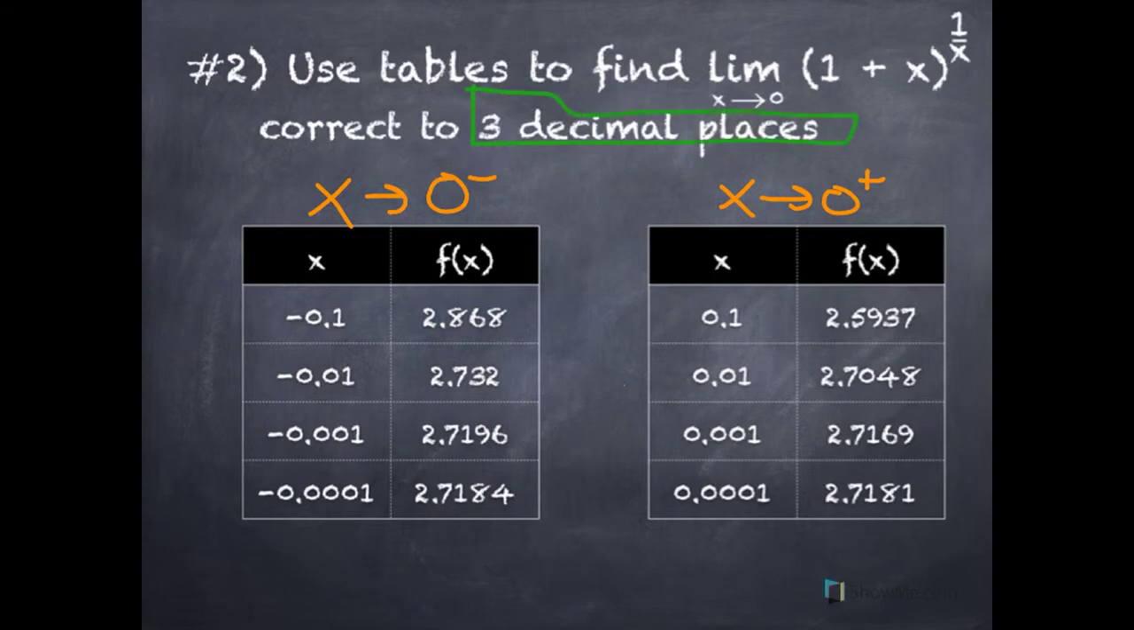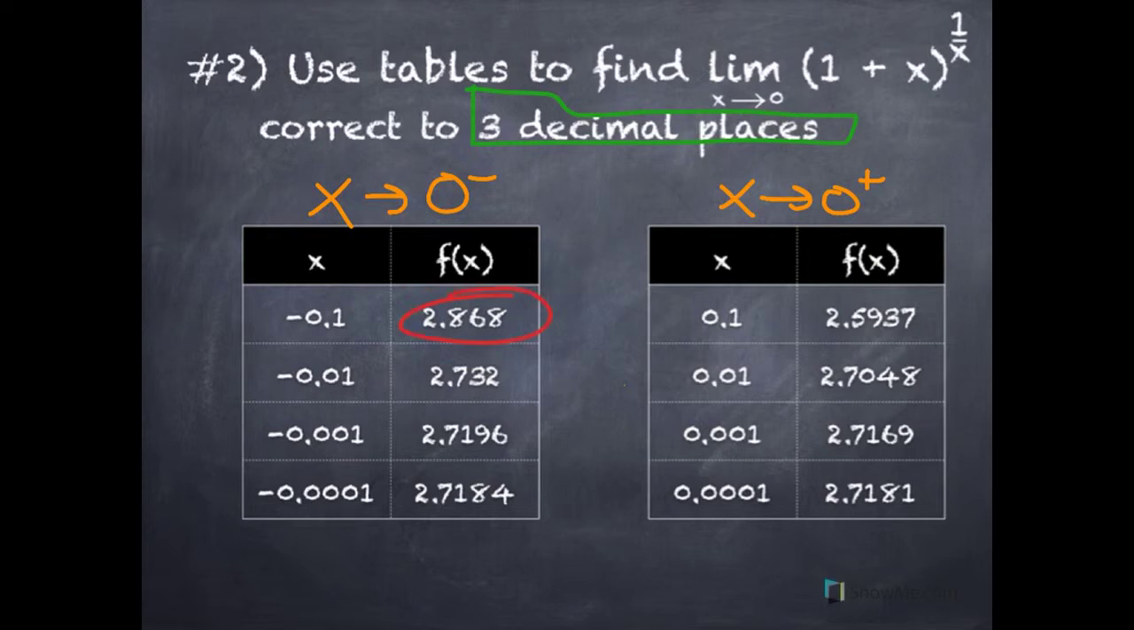So as we go down this list, it's hard to tell what these numbers are getting closer to. We got 2.868, 2.732, 2.7196, 2.7184. Look at the numbers over here on this other table. It's hard to tell what they're getting closer to. But as we compare from each table,